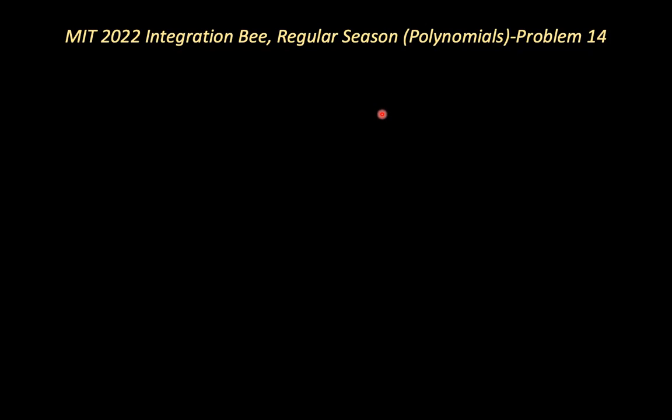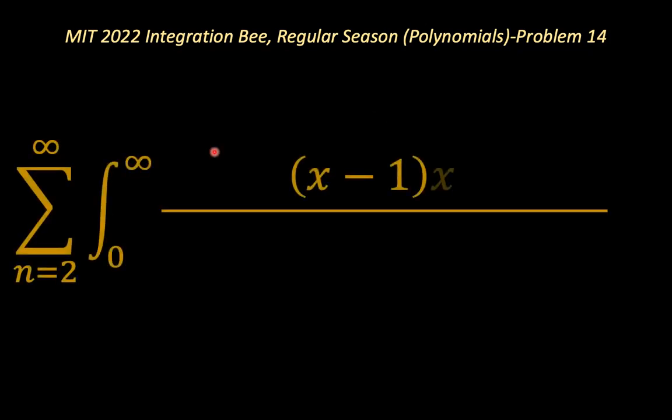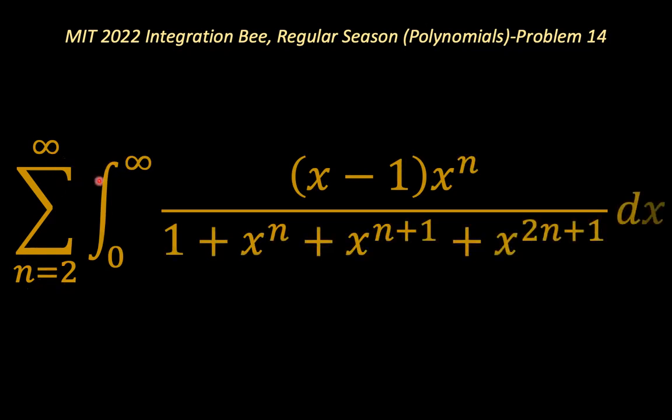The problem looks very complicated, but it is actually a very simple problem. So the problem is the summation from n equals 2 to infinity of the integral from x equals 0 to infinity of (x minus 1) times x to the power n over 1 plus x to the power n plus x to the power n plus 1 plus x to the power 2n plus